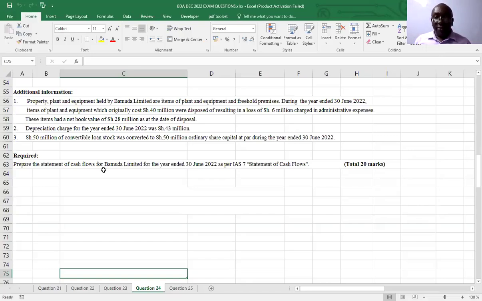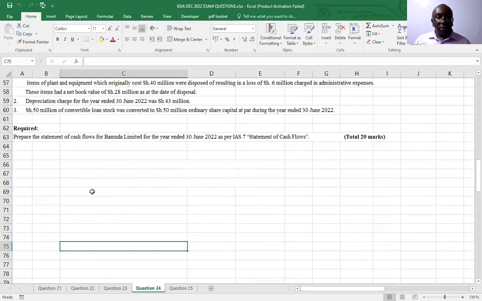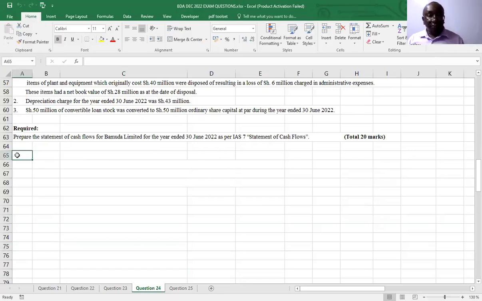That is called the statement of cash flows. So that is what you're going to do. So if that is what you're going to do, we'll need 3 columns. So in our solution here,